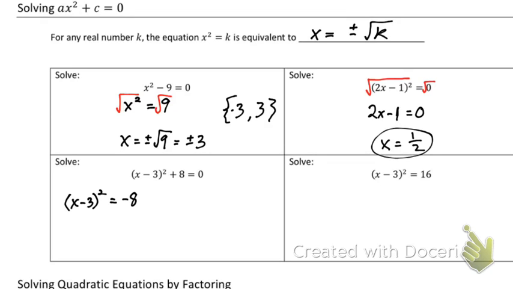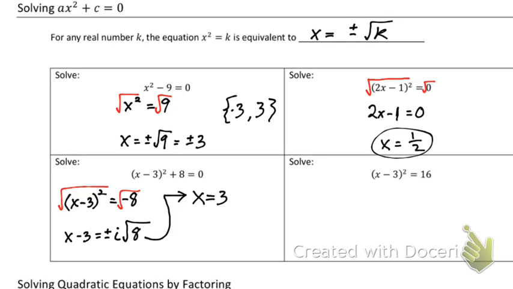Once again, I would just take the square root of both sides. And that's going to give me x minus 3 equals plus or minus the square root of negative 8, which would be i times the square root of 8. Because anytime we have a negative in there, we're going to multiply it by i, an imaginary number. Let's go ahead and simplify this over here. So this is going to be x. I'm going to add 3 to both sides, so that would be equals 3 plus or minus i times, well,